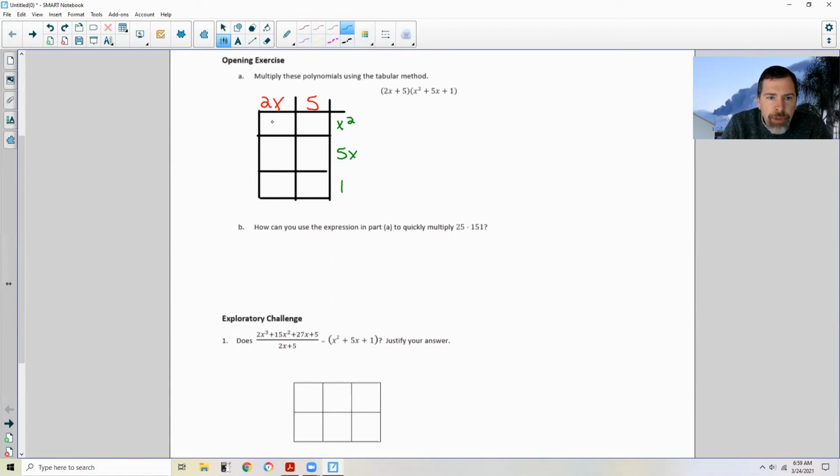Okay, so here we go. X squared times 2x is 2x cubed. X squared times 5 is 5x squared. 5x times 2x is 10x squared. 5x times 5 is 25x. 1 times 2x is 2x. 1 times 5 is 5. Okay, and then